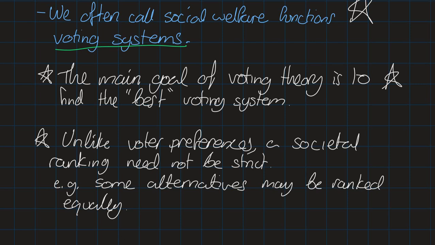Even though we insist that each of our voters has a strict ranking, each of our voters is not allowed to like two alternatives equally, the output of the actual voting system could tell you two things are ranked equally. Okay,